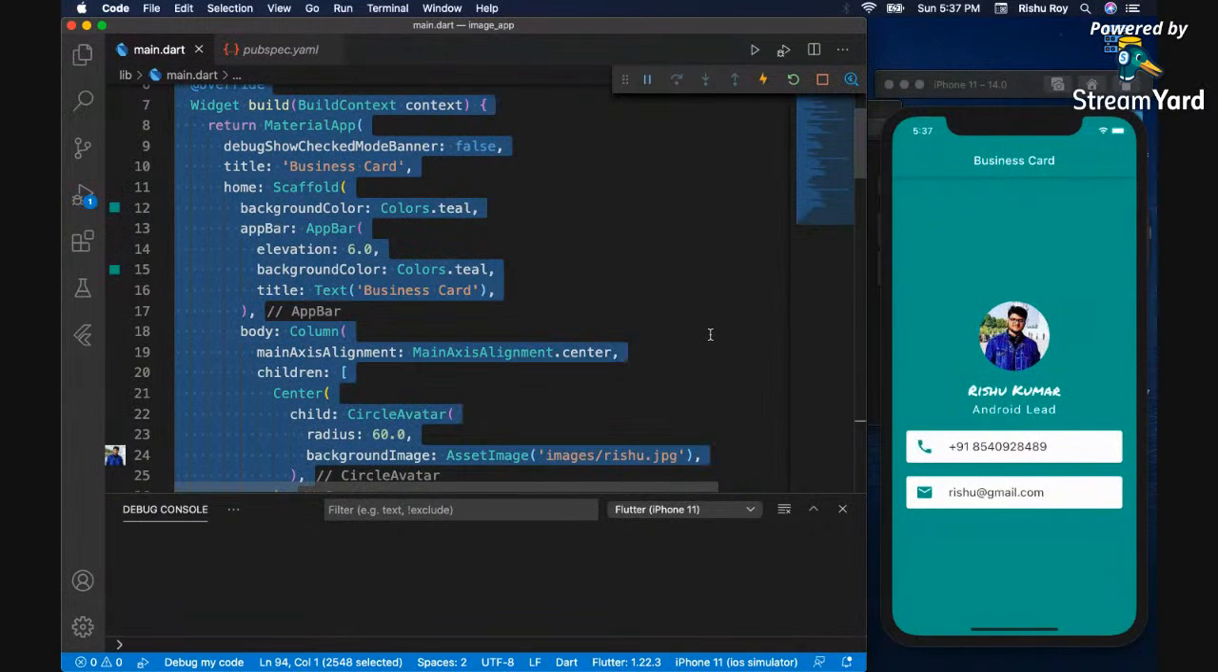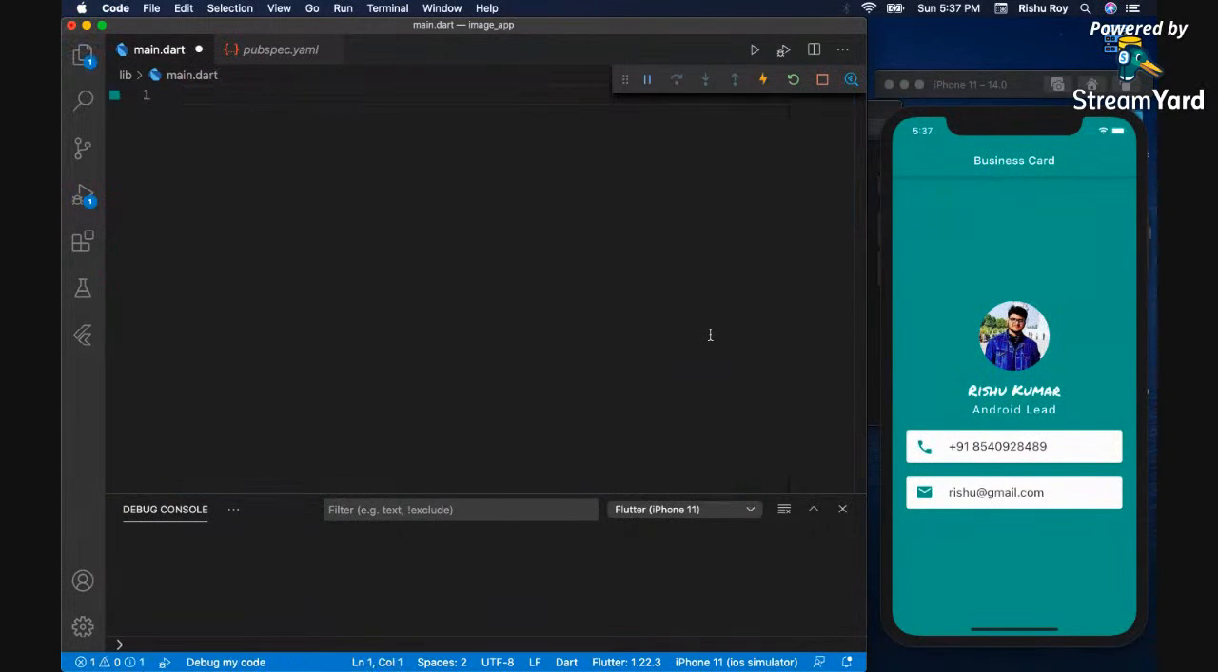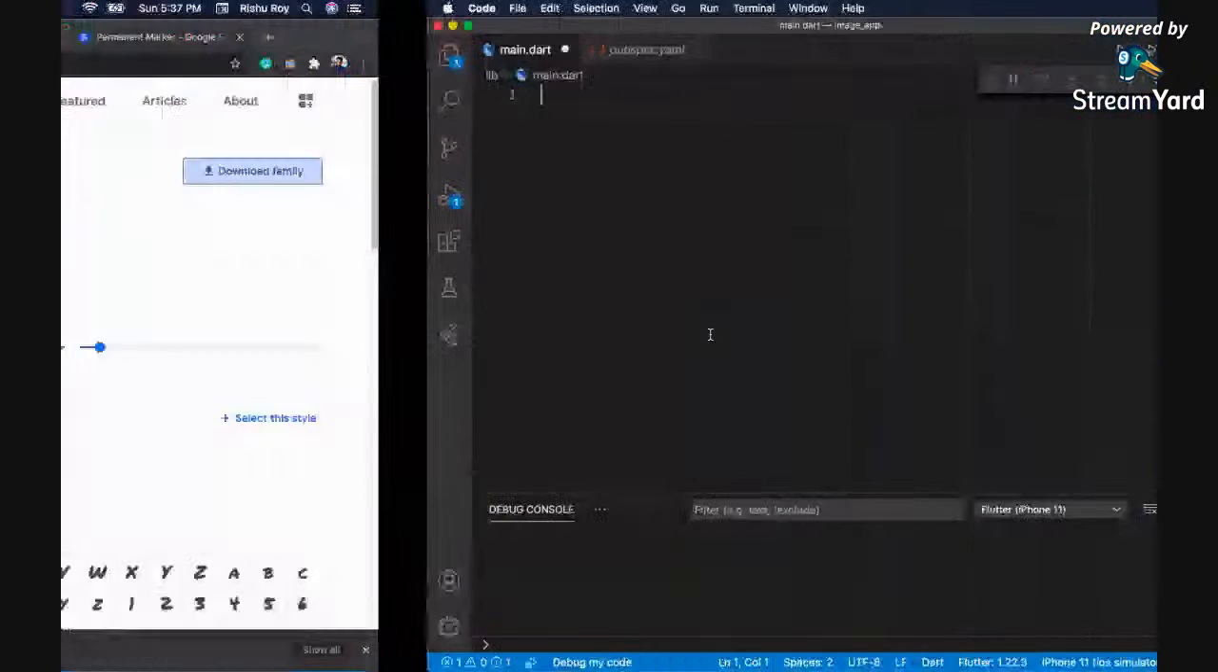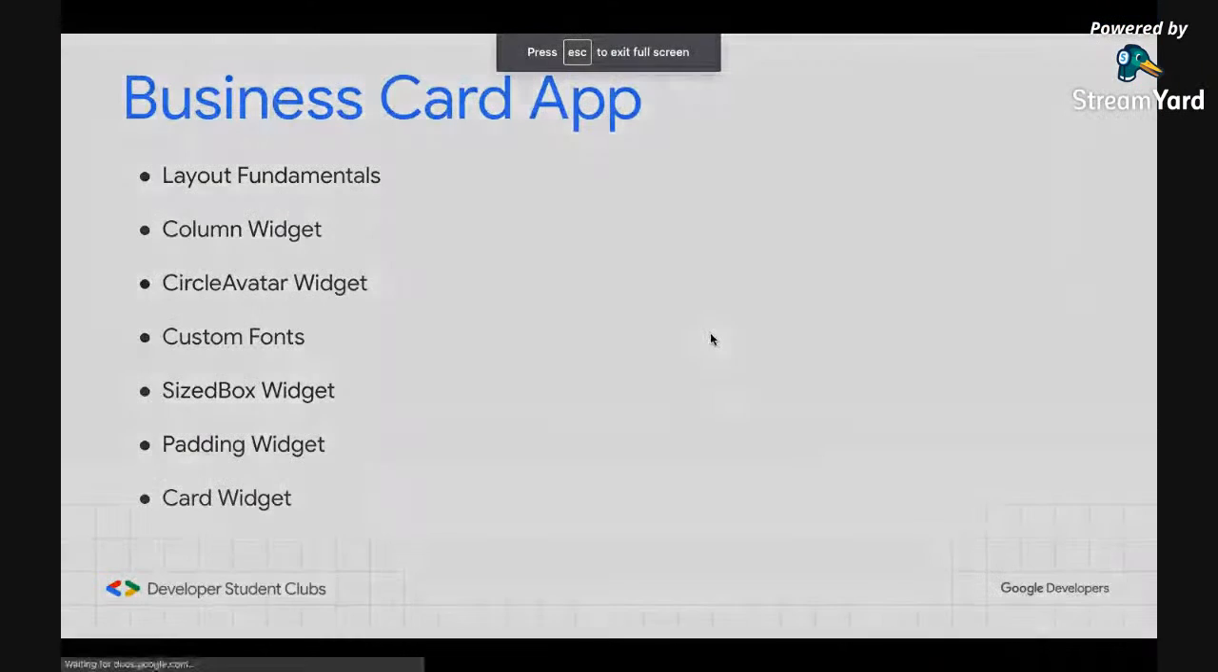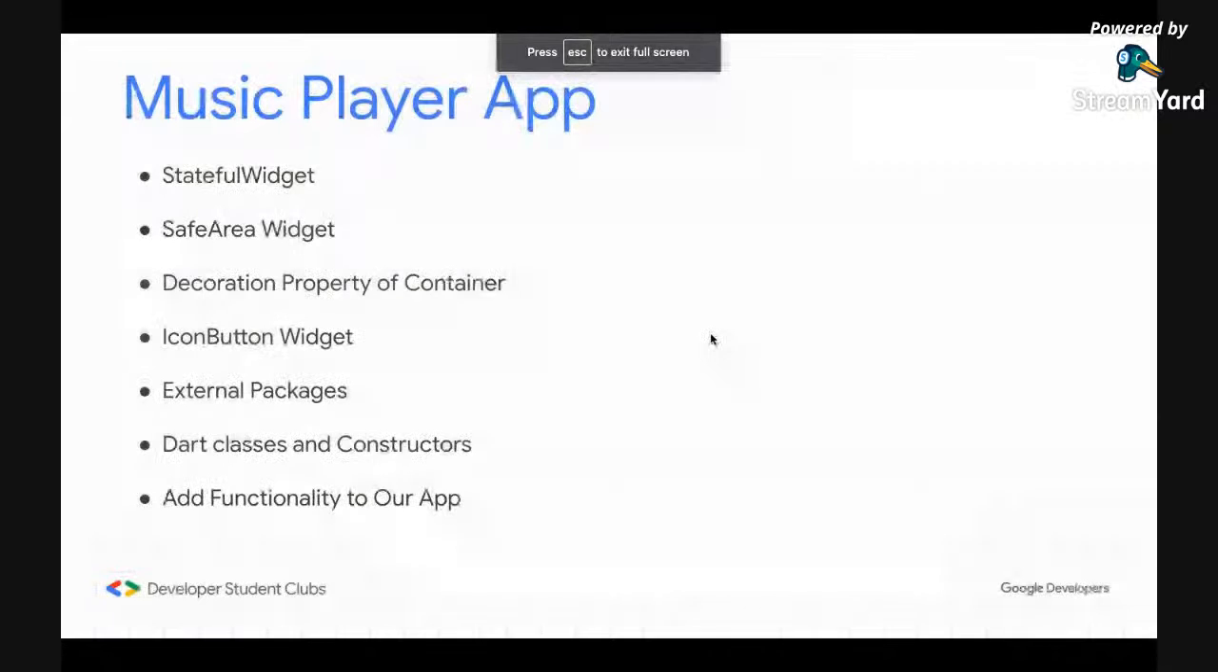So I will just delete this again, all, and let's start creating our music player app. This is the last app of our session. So let me introduce what we are going to build. We are going to build our music player app, and this is the last app of today's session,